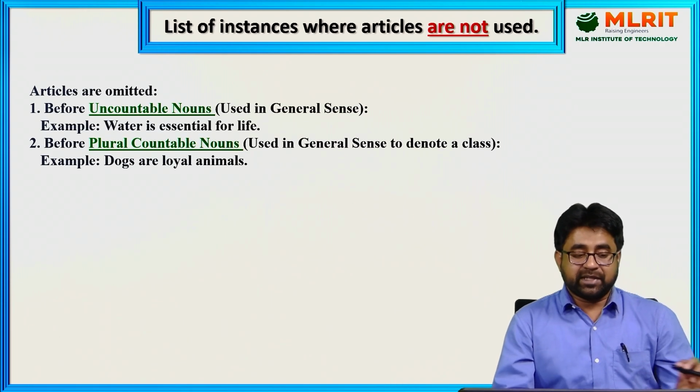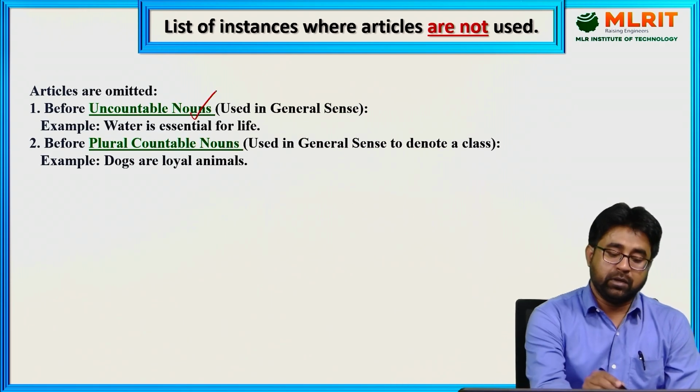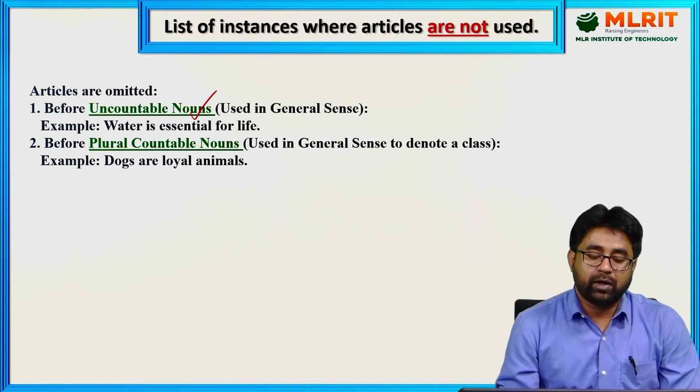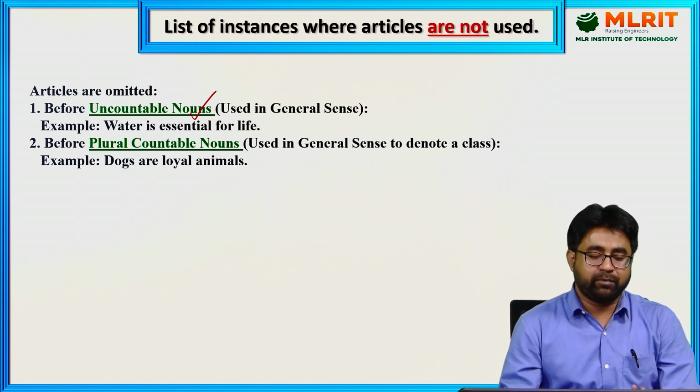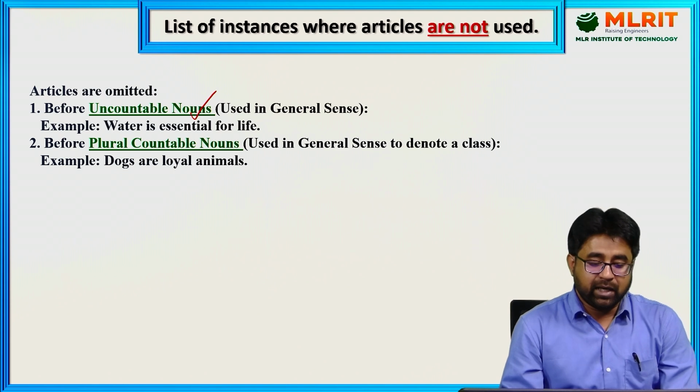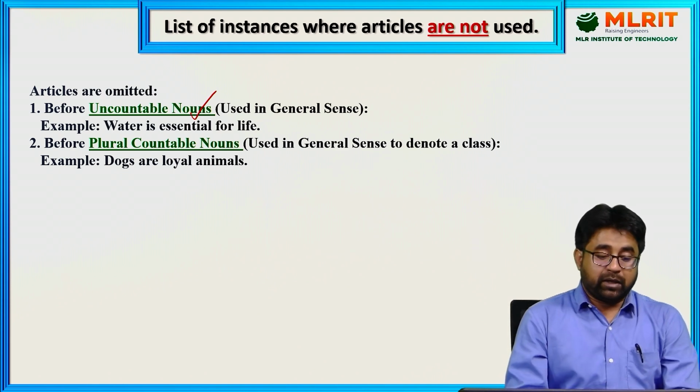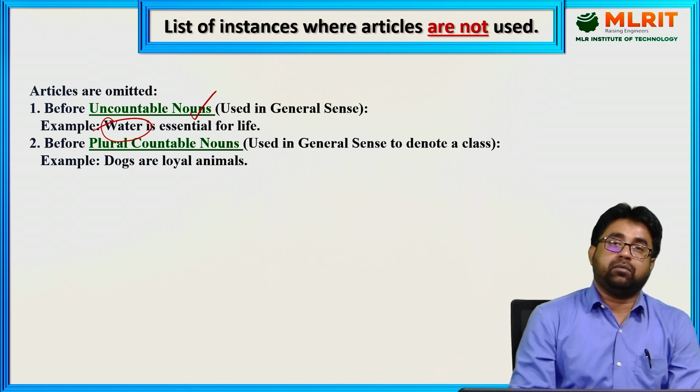The first instance is before uncountable nouns. What are uncountable nouns? You already have an idea about different parts of speech and what a noun is. A noun denotes the name of a place, person or thing, right? Now there are certain nouns which are uncountable. You cannot count them. For example, here you can see water. Water is an example of